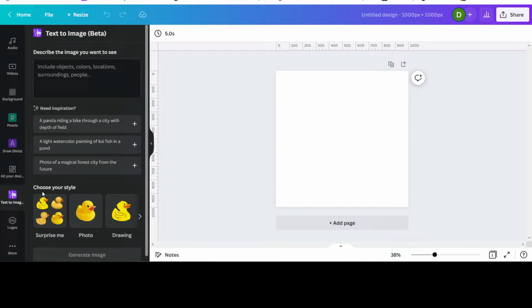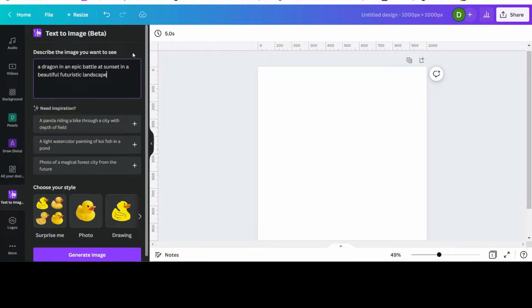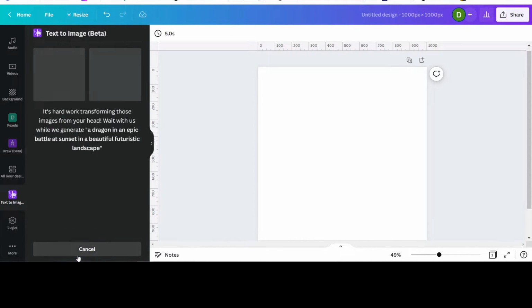And down here it says choose your style. You have surprise me, which means that it can bring up any style for you. But you also have photo, you have drawing, you have 3D, you have painting, you have patterns, and you have concept art. So for now, let's just choose photo, right? Let's think of something. So what I've done is a dragon in an epic battle at sunset in a beautiful futuristic landscape. So let's go for photo, generate image,